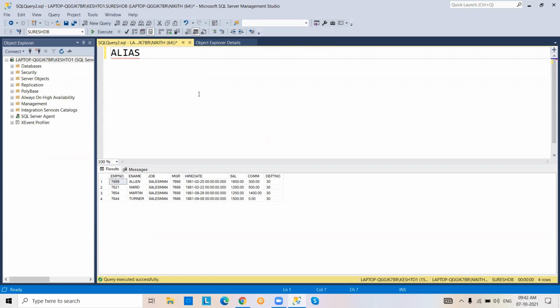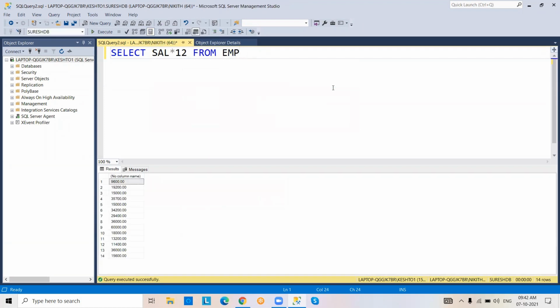Already the table contains a name and the column contains a name. Why are we going for an alias name, a duplicate name? For example, select salary into 12 from employee. We know that this is annual salary.